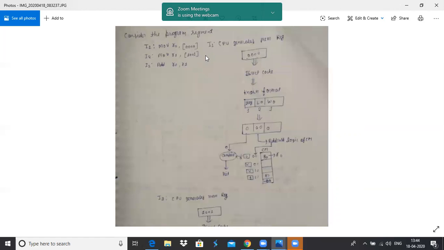Now consider the program segment. Suppose the program segment is: move R0 comma memory address 0000, move R1 comma memory address 1001, and add R0 comma R1. This is the memory address.